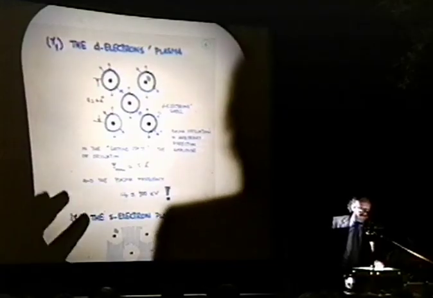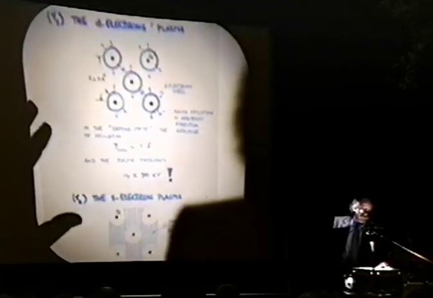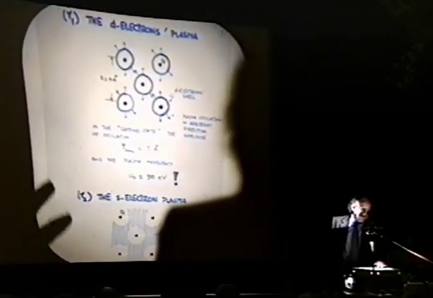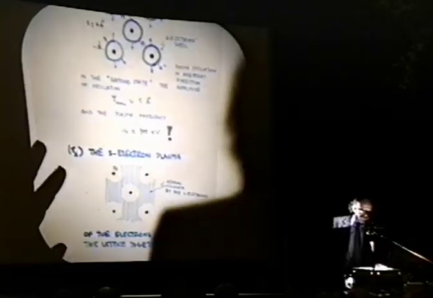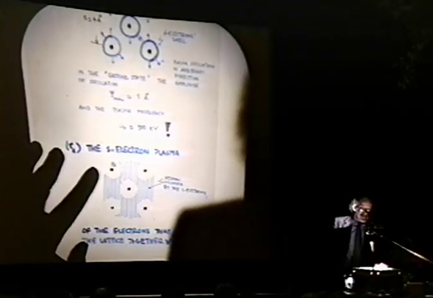These shells can oscillate in phase in any direction with an amplitude which can be approximately calculated, a maximum amplitude rather large, of the order of an angstrom. And the very large plasma frequency of the order of 100 electron volts. The other important plasma of the system is the S electron plasma of the electrons that invade the lattice when the Ds go there in order to neutralize the system, and they occupy, of course, the positions which are left out by the